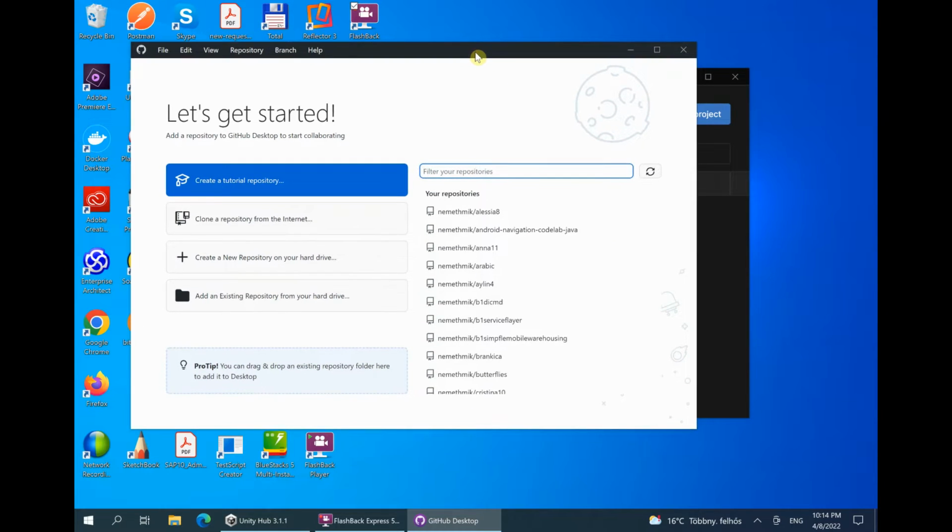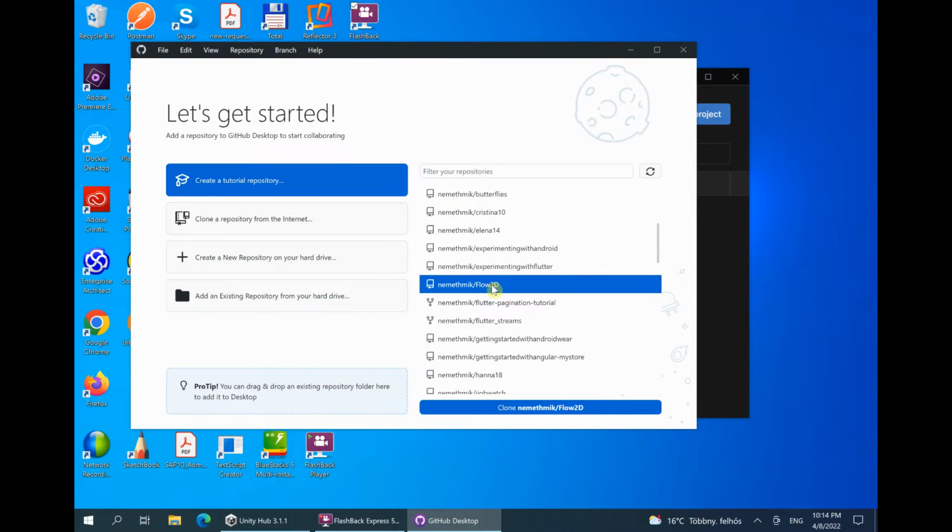I have already logged in with GitHub Desktop, and from my projects I should be able to find this Flow2D, which I have just uploaded a couple of minutes ago. Let's open it and clone this Flow2D,